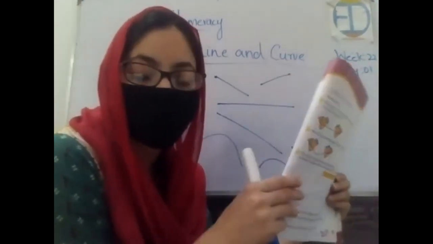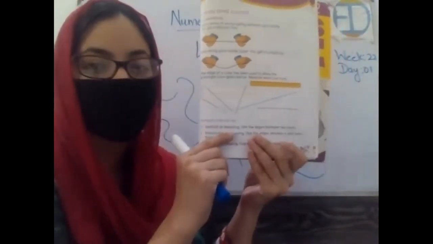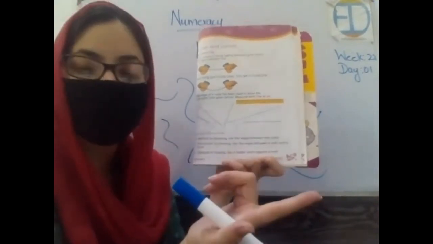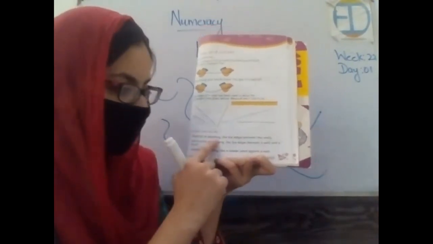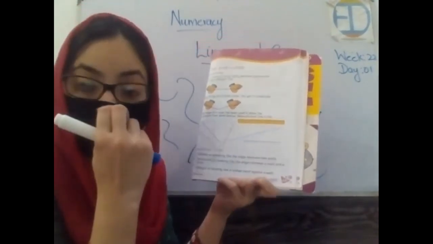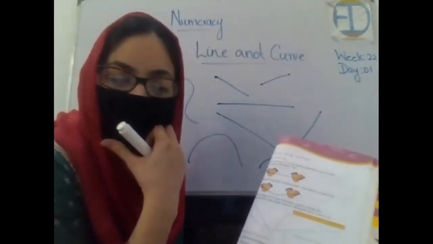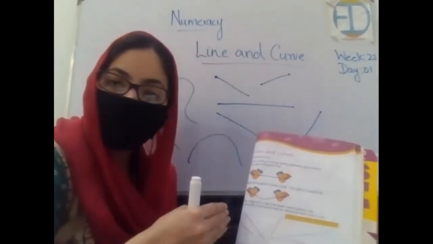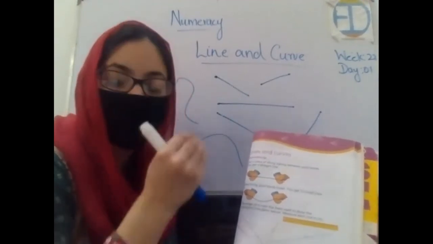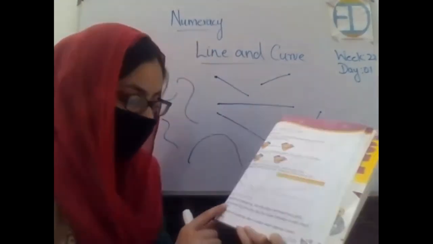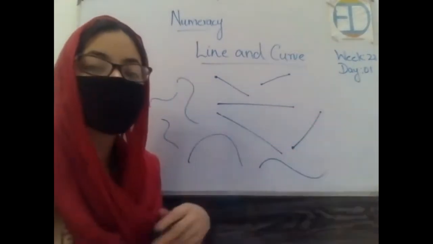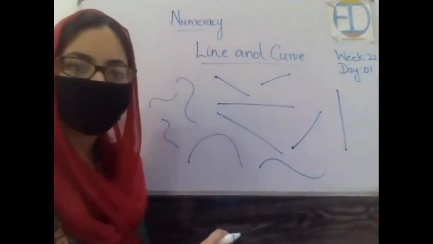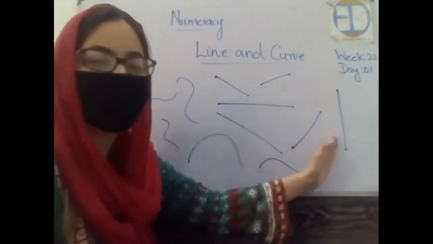Now here are a few points which are written in your book about the straight line. It says vertical or standing. What are straight lines? They can be vertical or standing, like the edges between two walls. What are the edges? Edges are the corners of the walls, right? So they are straight and they can be vertical. Now what is vertical? Vertical is this direction. This is vertical. The edges of the walls are like this, right?